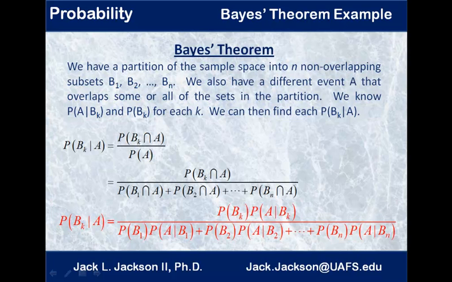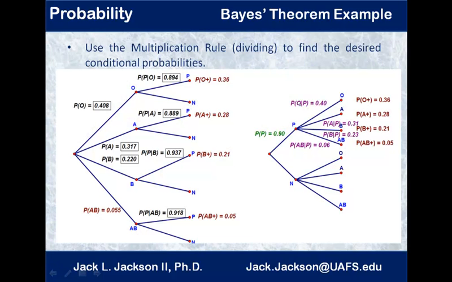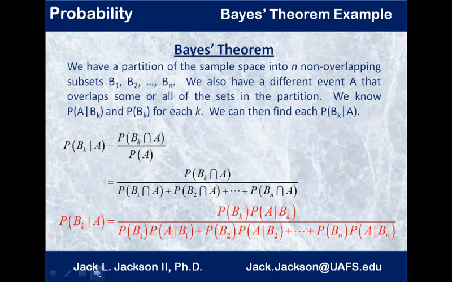That was the last step in our tree. To find the probability of O given P, we took the probability of O positive, that's O intersect positive, and divided by the probability of positive. Now, we can also see that, though, to find